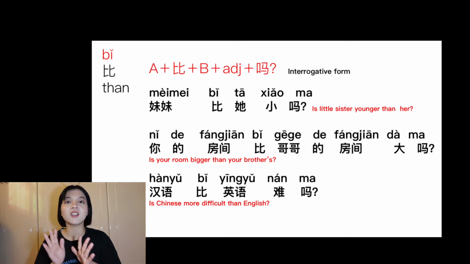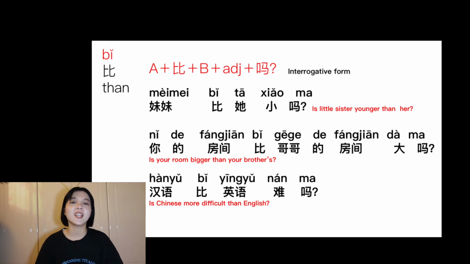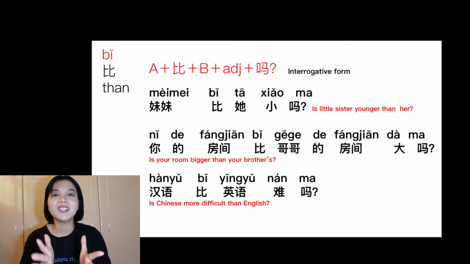And the affirmative form of your room. Your room is bigger than your big brother's. You can say 你的房间比哥哥的房间大。And make it a question. 你的房间比哥哥的房间大吗？Just add 吗 and a question mark. Third one, Chinese is harder than English. I can say 汉语比英语难。And make it a question. 汉语比英语难吗？